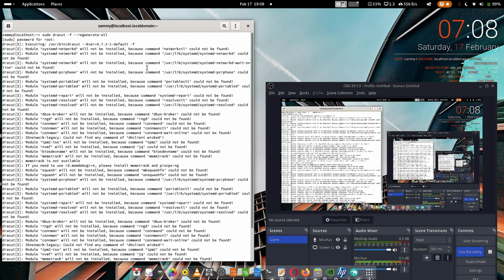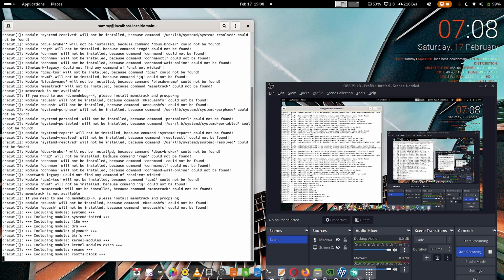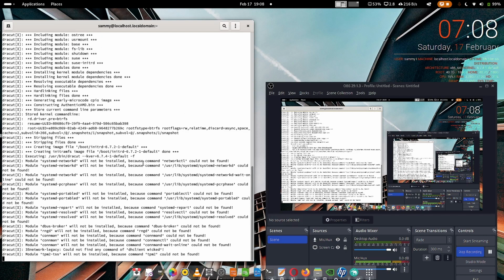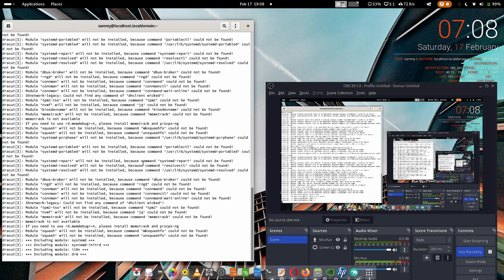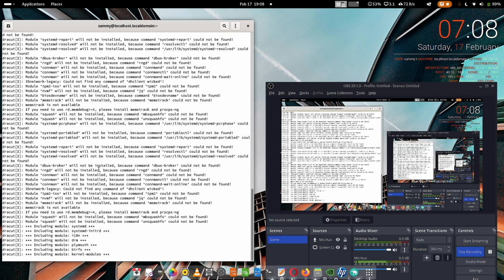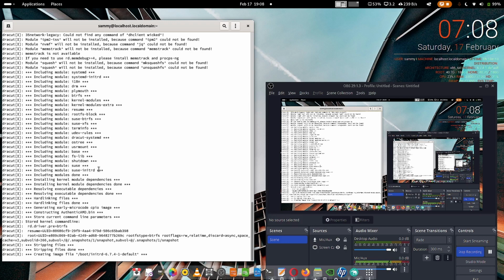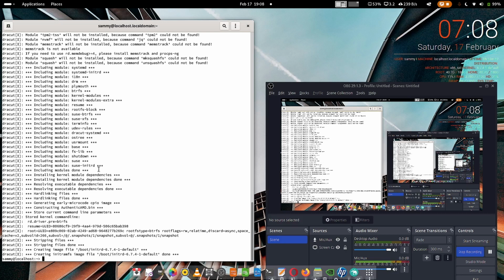Here you can see the first kernel that has been picked up is the latest one, which is the default kernel for the system, 6.7.2-1. It will also show some warnings. If the warnings are critical, the regeneration of the boot image will fail, and you can safely reboot into the older boot image. If the generation of the boot image is okay, then the system links will get updated and point to the newer boot image, and during the next reboot the system will automatically pick up the latest regenerated boot image and boot the system, and the older boot image will get deleted.